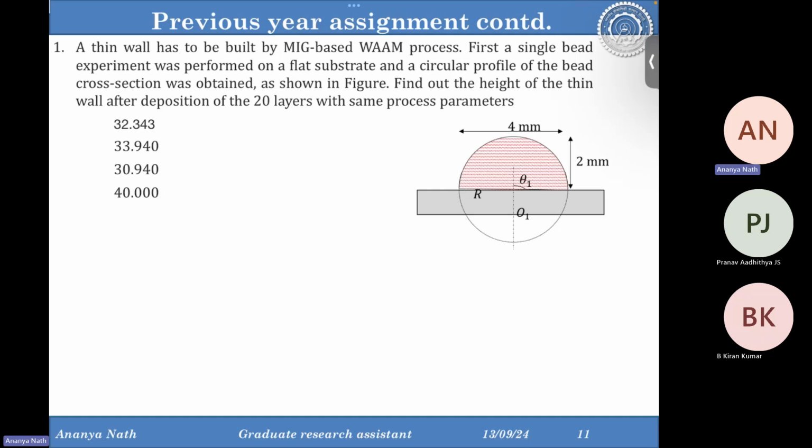So the question is, these are previous year assignments. These are solved assignments. I'll solve it. You will get similar questions in this year's assignment, so this will be easier for you to attempt. A thin wall has to be built by MIG-based WAM process. First, a single bead experiment was performed on the flat surface, and a circular profile of the bead cross section was obtained. Find out the height of the thin wall after deposition of 20 layers of the same process